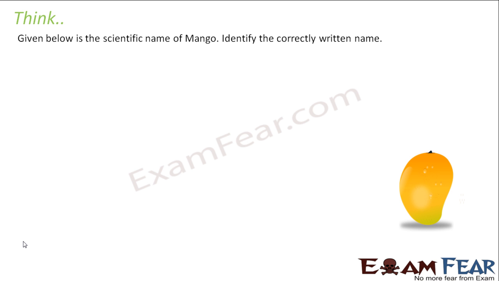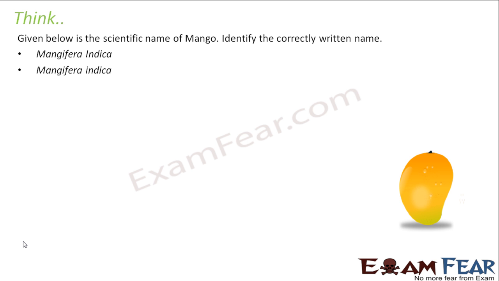Given below is the scientific name of mango. Identify the correctly written name. So let us see. The first one is Mangifera indica. The second one is also Mangifera indica. But which one is written correctly? Now let us quickly remember the general rules or the universal rules of nomenclature. So there were some rules which we spoke about, right? So one of them was